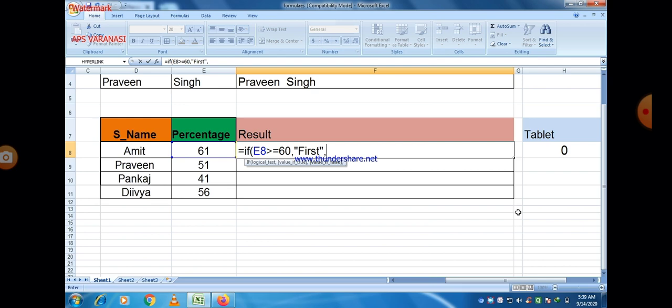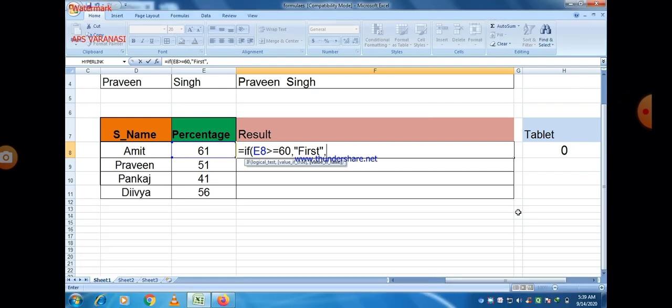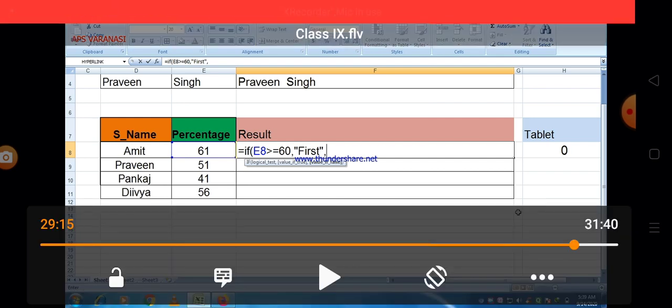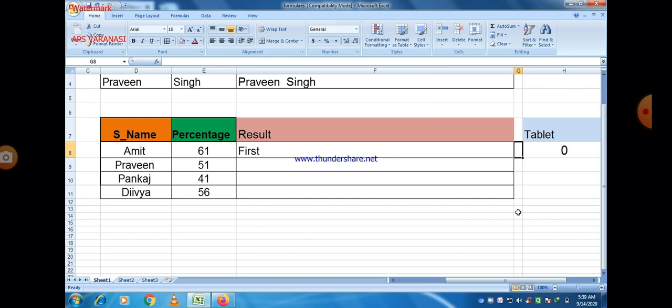So that condition should be checked. Let us see it. We just make it very simple. We just make a copy paste operation here. You can easily see on the screen. If I just make a Fail, then no problem at all. There are two possibilities only, First and Fail.